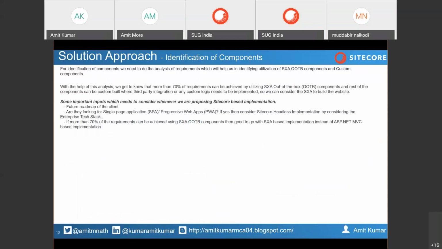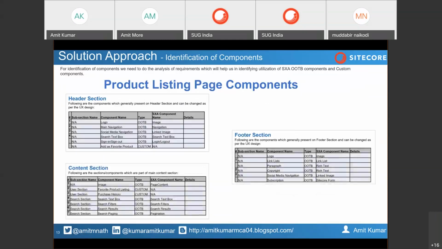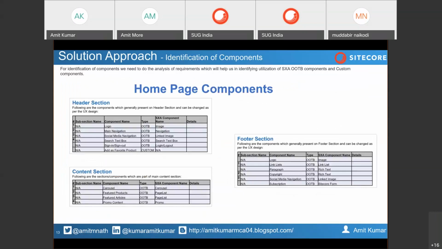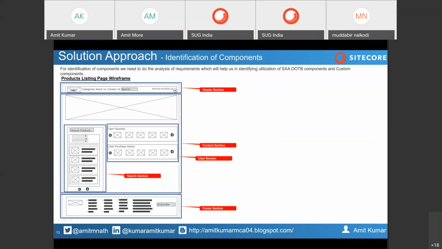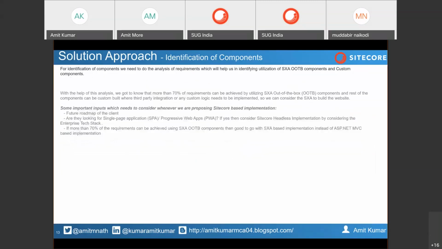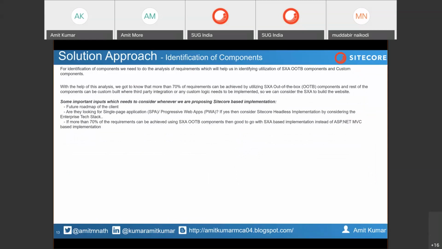If you look at these two page inventories, with the help of that we can identify that for most of the pages, we will be able to utilize more than 70% of the requirement from XXA components. In those cases, it's the best fit to go with the XXA-based implementation so that we can reduce the number of days in the implementation.